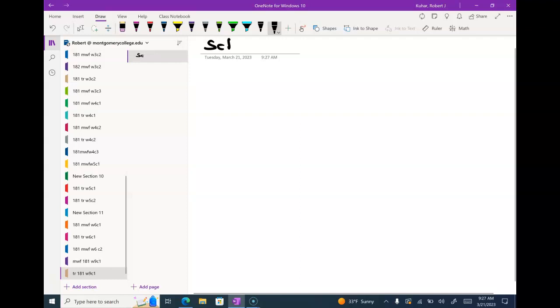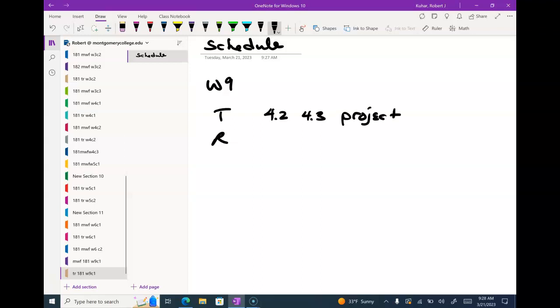I'll just try and do this schedule again real quick. So we're in week 9, Tuesday, Thursday. I'm going to do 4-2, half of 4-3, and the project today. So probably a little bit much, but we'll see what I can get done. And then I'm going to finish 4-3 on Thursday and do 4-6. And then week 10, I should be able to finish up with 4-1, which means week 11 would be,